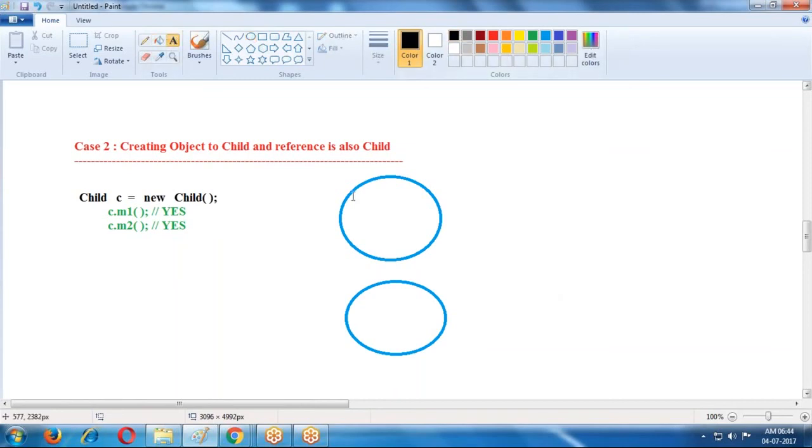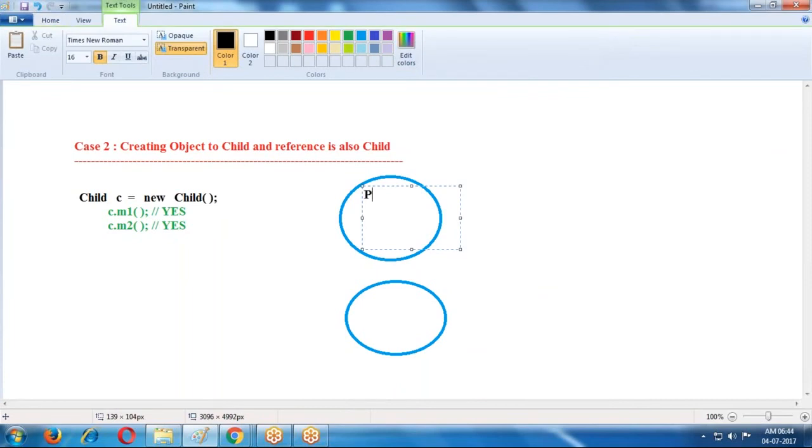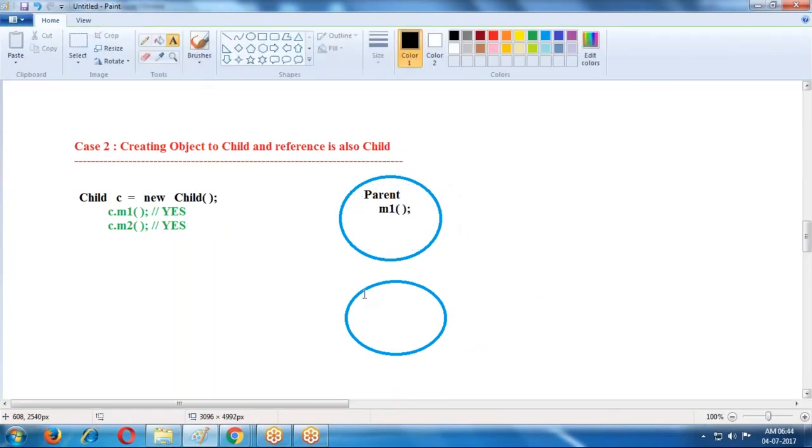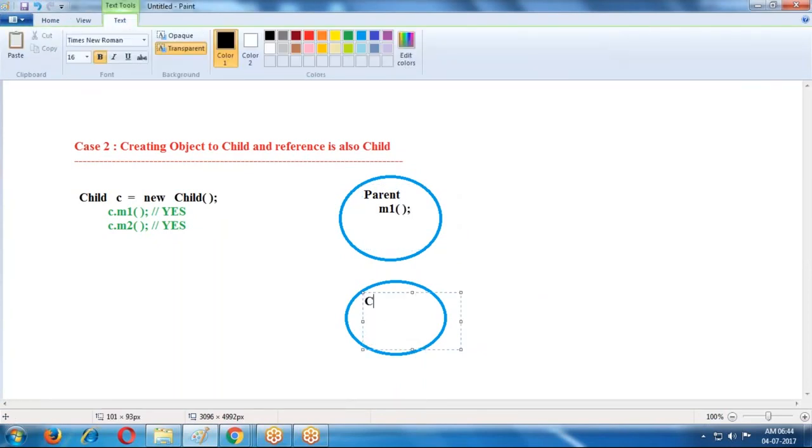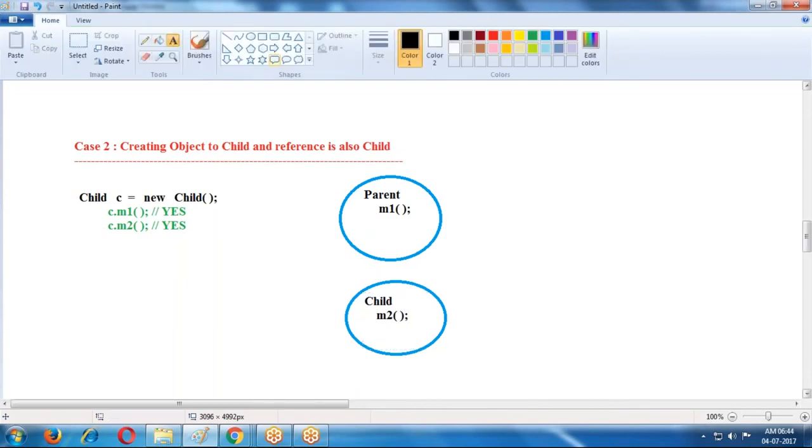That means here the object is a parent. In the parent we have M1 as a function. Now it is creating one more object, the child. In the child, M2 is a function.